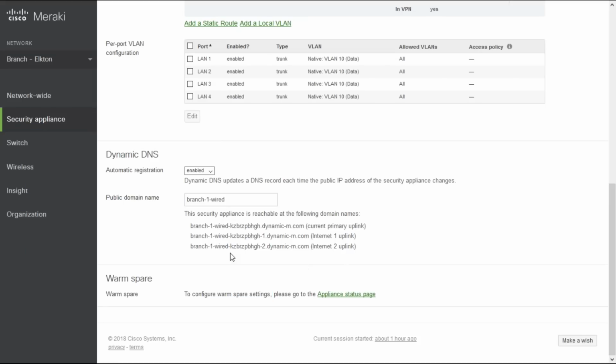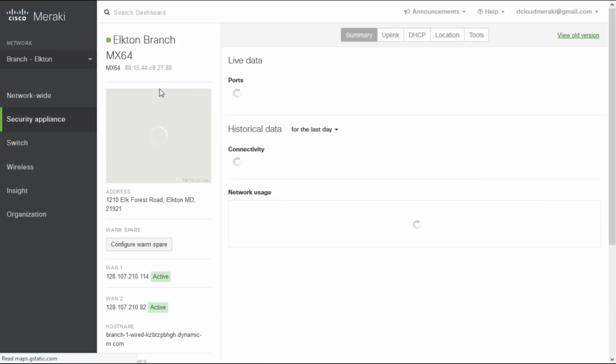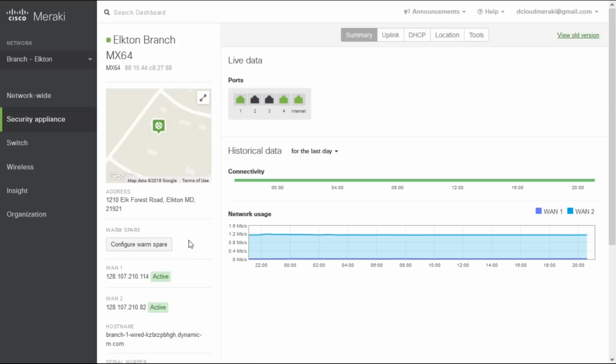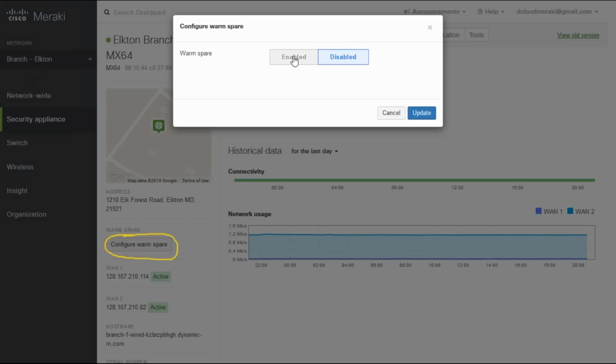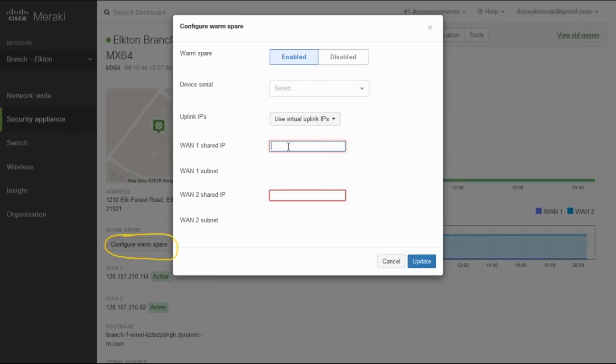So here if you want to add warm spare, you have to go to the appliance status page. Let me click here. I can go there, and once I reach my branch dashboard, here we have the option to configure warm spare. Let me click this, and if I want to enable it, it will ask for a valid serial number. At the moment no serial number is there. Once I give it, it will add that. For uplink IP, I can use either the MX uplink IP or the virtual IP. Then it will ask the